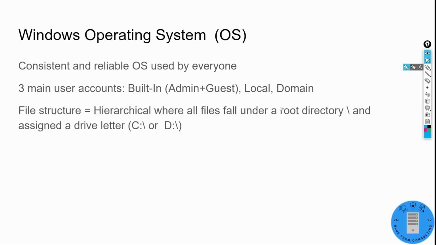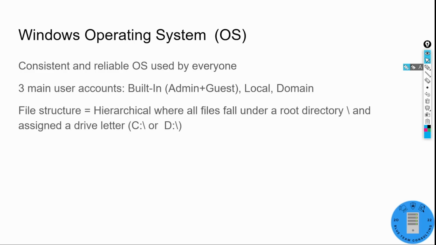So, starting with it's a consistent and reliable operating system used by everybody. And there are three main accounts when we're talking about the operating system, starting with the built-in account. Every account that's automatically created when you have the operating system installed is going to be a built-in account. At a minimum, every Windows system will have the administrator account and a guest account